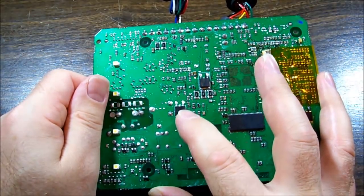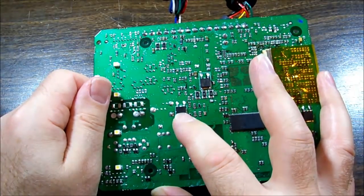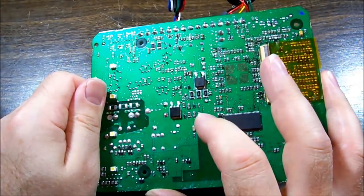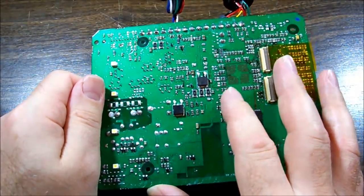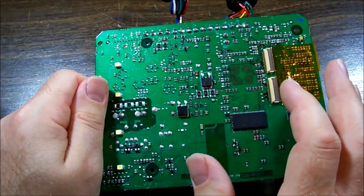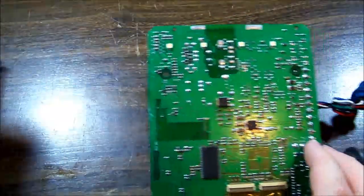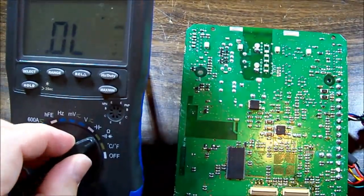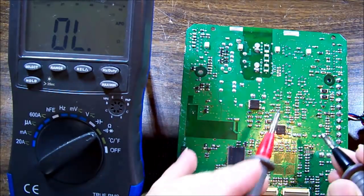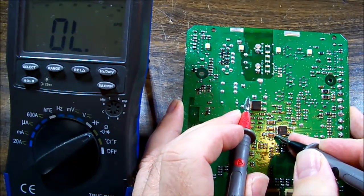Whether that's because it is faulty and is shorting the line to ground, or whether it's because something further down the line is pulling power through this. But I could not feel heat anywhere else on the board, just that one part there. So let's look into that a bit further. Let's take a measurement while it's in circuit, and we'll just see if we can find out if it is directly connected to battery, which comes in here, and